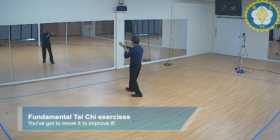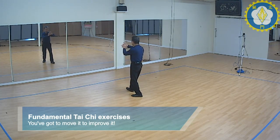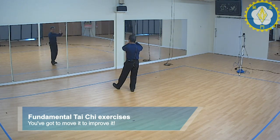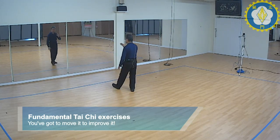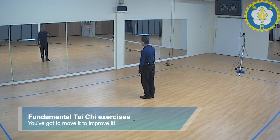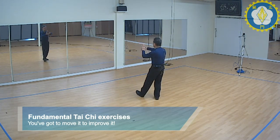Okay, now if I go like this, vertical on the same side, and I went like this, that's setting up and holding that position, and you step up like this. And you flip, and you brush knee and push. So that's brush knee and push with a forward step, moving from one step to another. I'm going to do that 3 times so you can see that if you're on the right side,